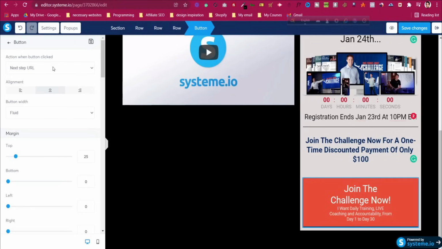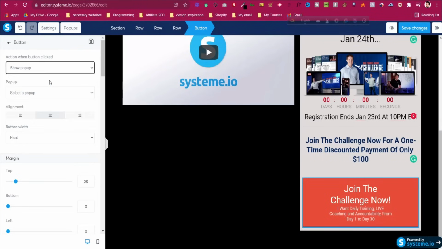So it should go to the next URL or it should open a pop-up. So what I said, we need to make a pop-up. Inside the pop-up people will put their information and after that they will be redirected to the next step. So click on show pop-up and then it will ask us to select a pop-up, but we have not made any pop-up. So if I just make the save changes and